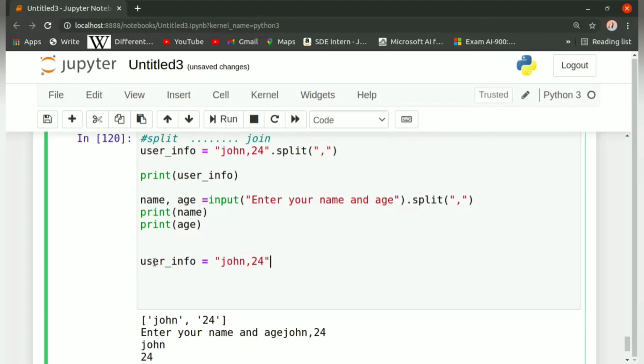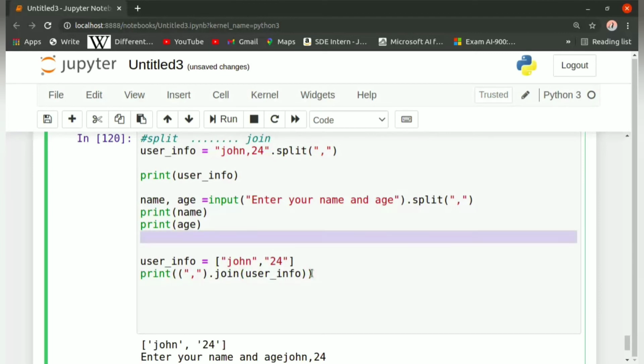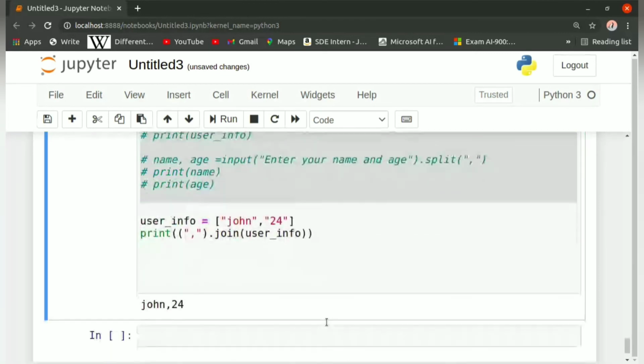Since it is to be separated by a comma, we will write a comma inside double quotes or single quotes, and after that dot join, and inside the parentheses we write user info, that is our variable name which is to be joined. And we have to print it, so we write print before it, and let us run this code. So the output we have is John,24.